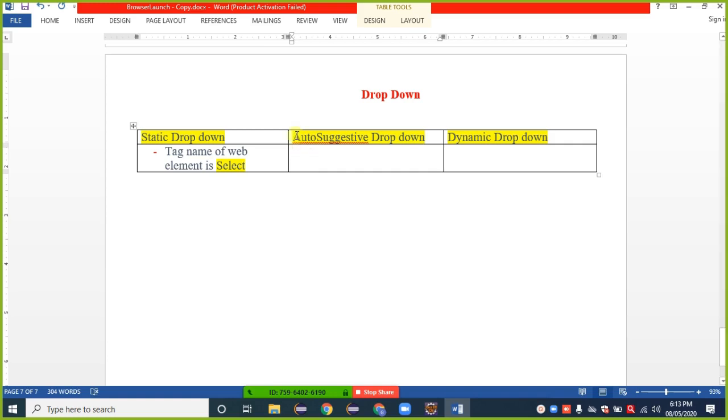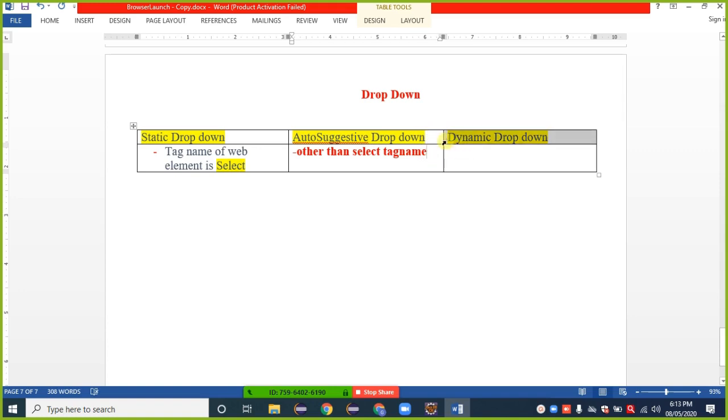Such a thing is called an auto suggestive drop down. The tag name is other than select, and that is an auto suggestive drop down.